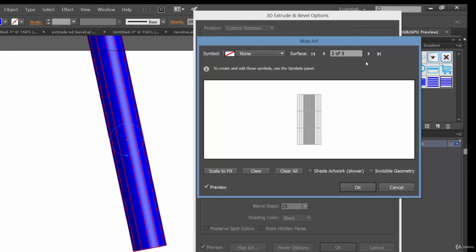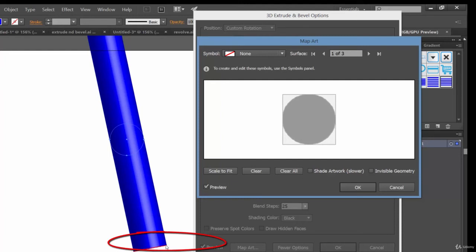Now why surface 3? If you take a look here, we have only three surfaces. It's showing one of three. And which one? See here we have some red border. This is surface one, that round shape, the front face. Then the second one is here, another round shape.